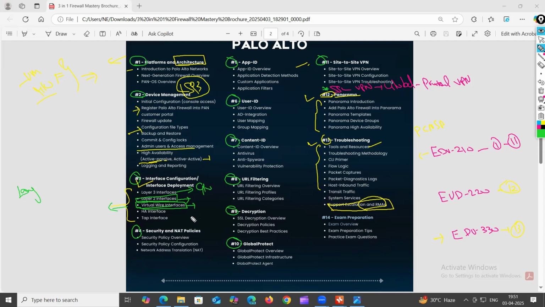So logically you can think like we are going to deploy just an IPS, a next generation IPS device. We are making your Palo Alto firewall just an IPS device. And with tap interface deployment, we are making our Palo Alto firewall just an IDS kind of device. And HA interface deployment,